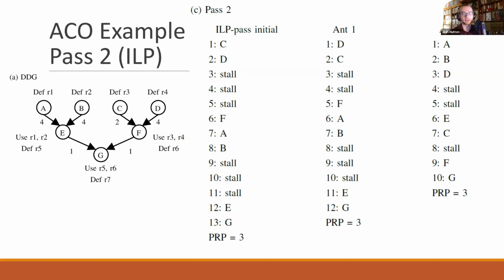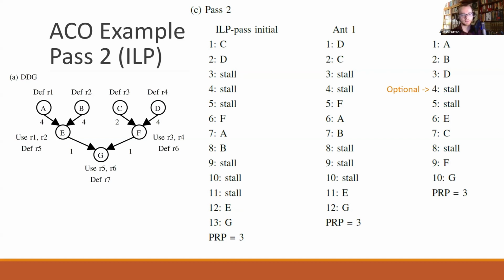One thing to note about the schedule that Ant 2 constructs is that we insert stalls for different reasons. If you take a look at cycle 4, we could choose to schedule instruction C because it has no dependencies. But we choose not to because this would increase the register pressure to 4, violating our RP constraint. We refer to a stall inserted in this way as an optional stall because we could choose to schedule the